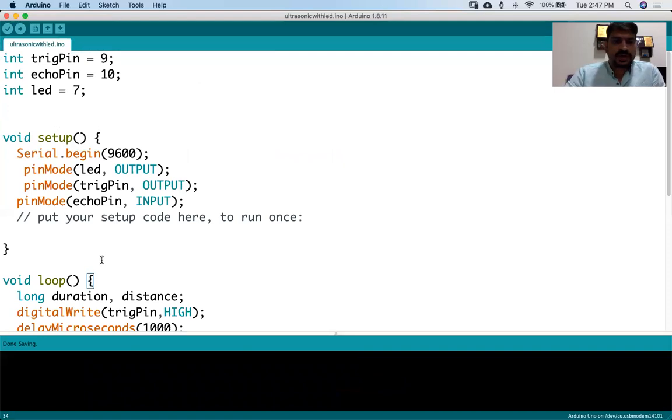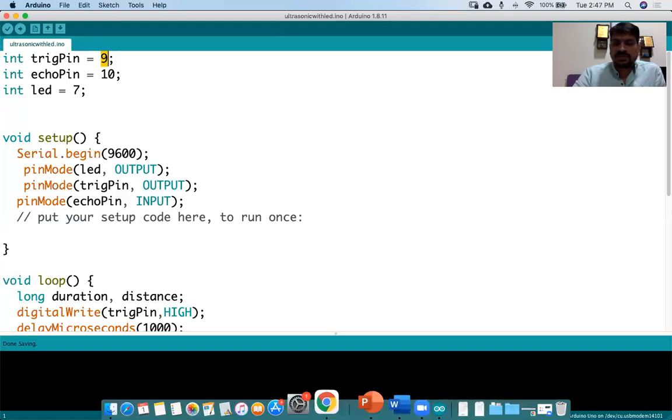So we have this program related to the ultrasonic sensor. Here you can see we have some variables, or pins. The first variable is the trigger pin. For the trigger pin, we have pin number 9.